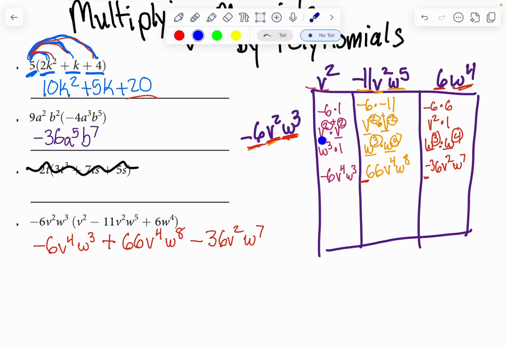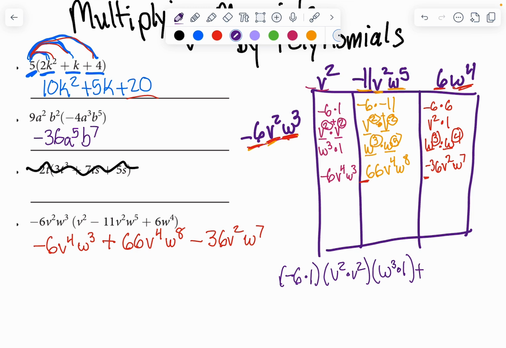I visually like to put it in the box and break it apart. We can write it in that distributive way, looking at it differently. So negative 6 times the 1 times the v squared times v squared. So we can, again, write this all separately out in a big line, adding each of those terms as we multiply them. Both of them will give you the same answer. Just depends on how you feel like writing them out. I personally like this area model because we are going to continue to look at this as we go